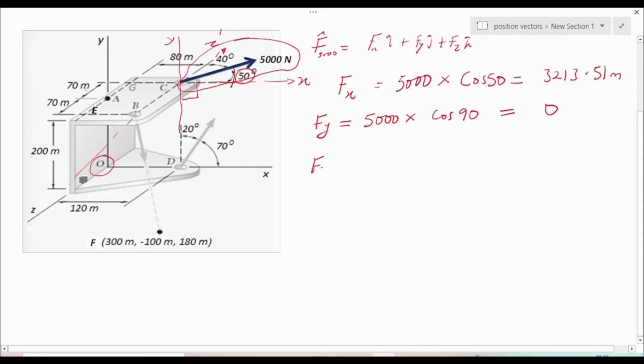And finally, Fz, which is the last part of the force, will be the product of the magnitude of the force, which is 5,000, multiplied by cosine of the angle it's making with the z-axis. For this case, the angle it's making with the z-axis is 40 degrees. And if we evaluate that, we are going to get 3829.93. So one can write out the force in its component form simply to be F is equal to